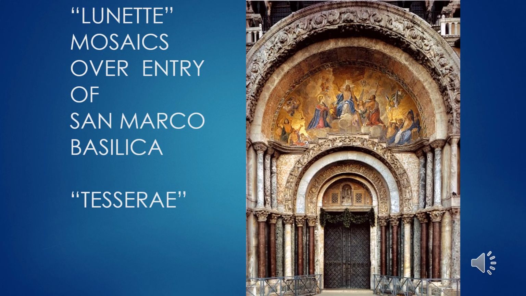You also see those Byzantine style mosaics in the lunettes, or that half circle over the door. And then notice the different layers of the marble columns and the different layers of carved molding that create this, again, feeling of passage from the outer world into the inner world of the spirit.